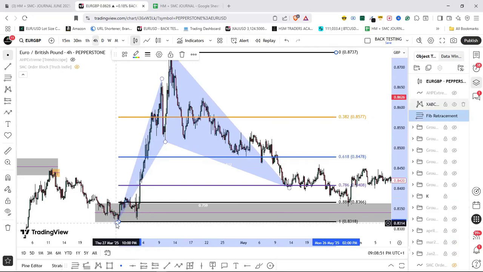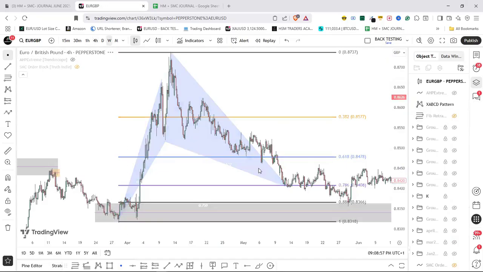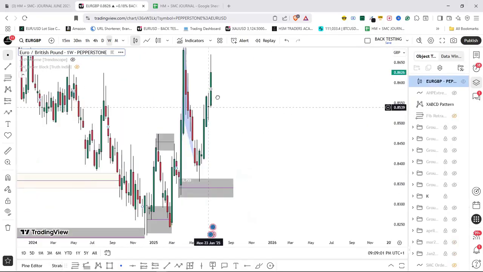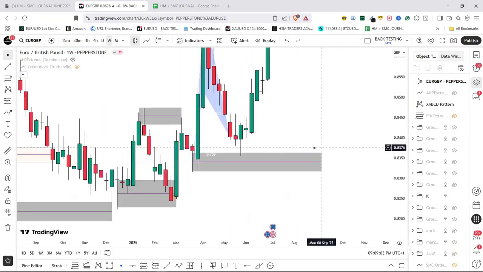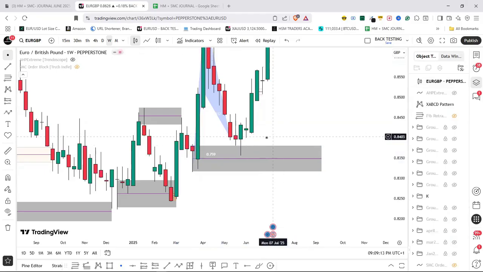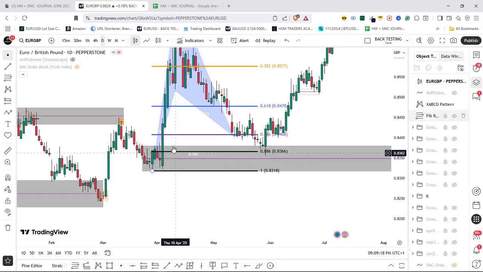That was the first setup that came up. But then I looked at the higher time frame. I looked at the weekly time frame. I found out that that particular point is not a key level. Though there is an imbalance here, there's an order block here. So I was like, since we have an order block here and there is no inducement liquidity closer here,